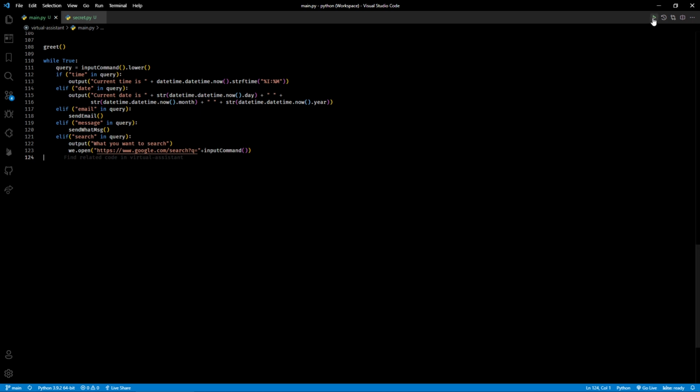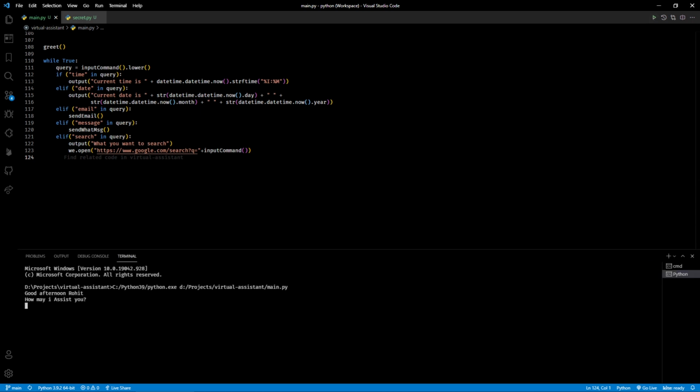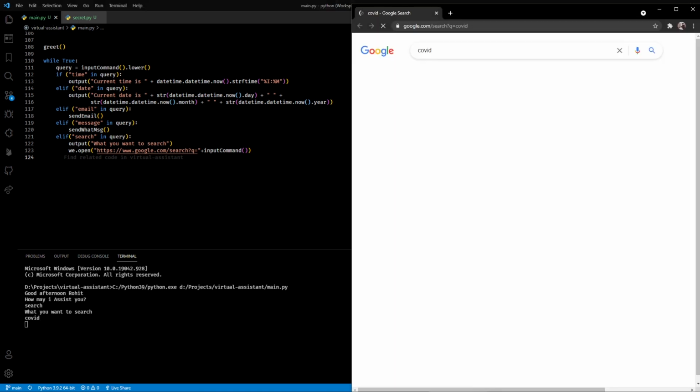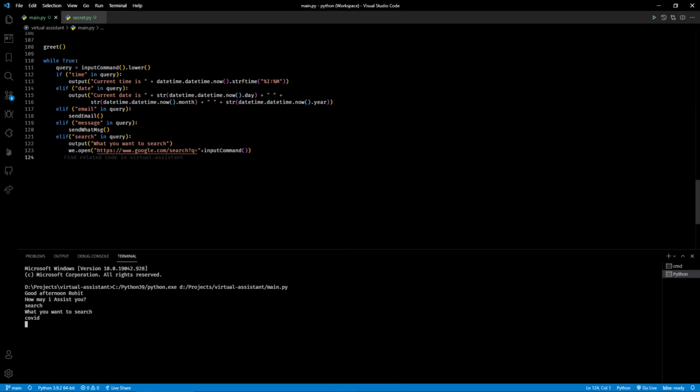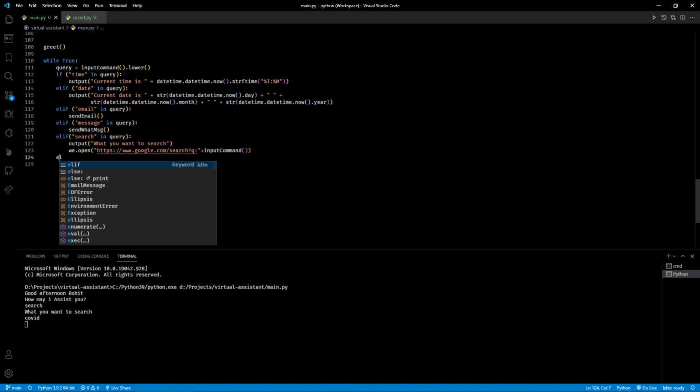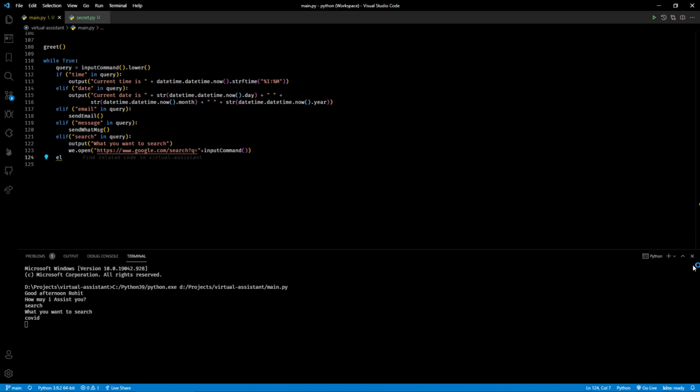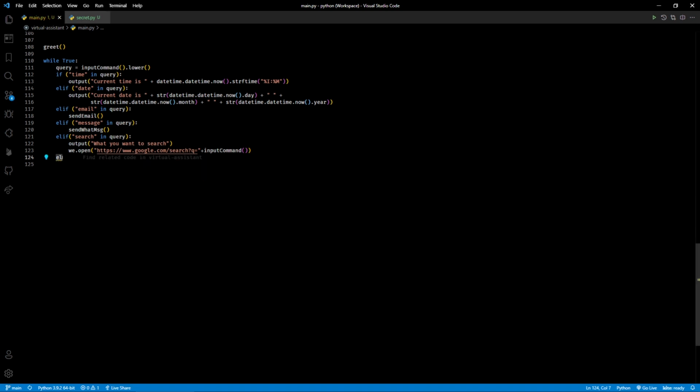Let's try it out. For that, run it, and let's use search. What do you want to search? Let's search COVID. Let's see it open and search the COVID for us. After that, let's use elif again and just close this one. Elif